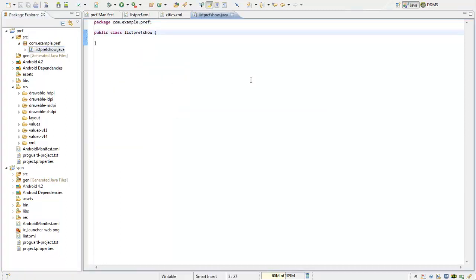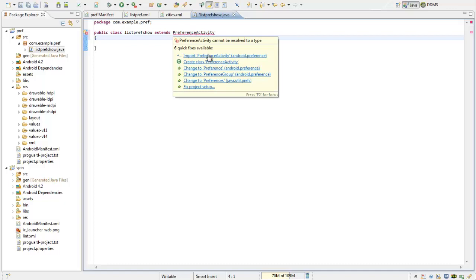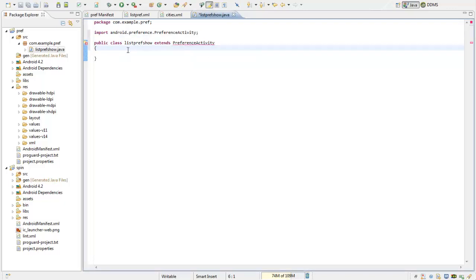So we have this activity. I can extend this as PreferenceActivity. This is the base class for all preference activities, as we have already gone through.